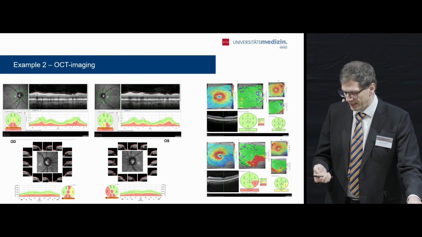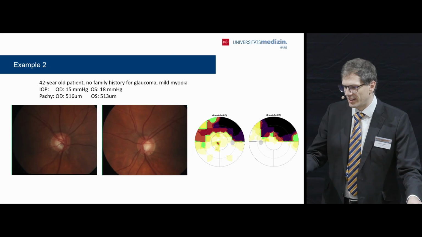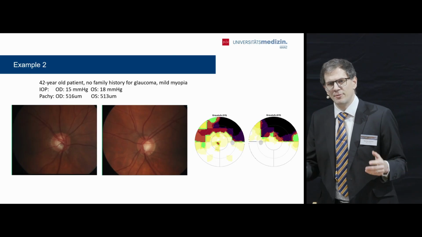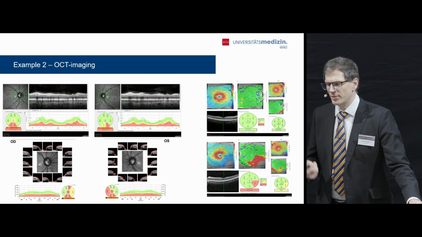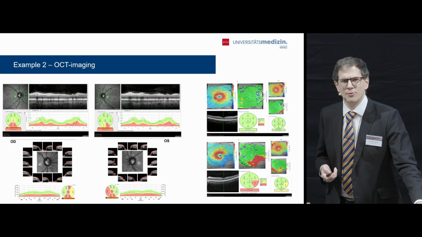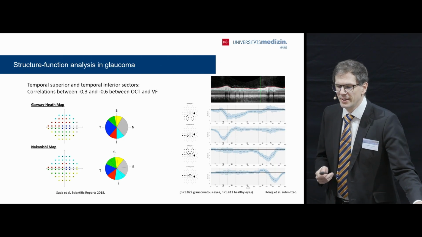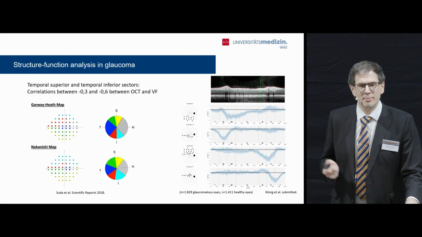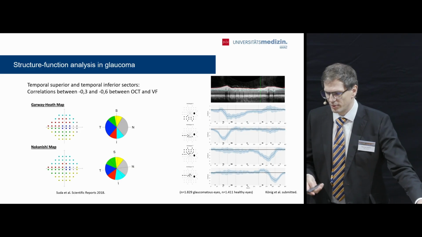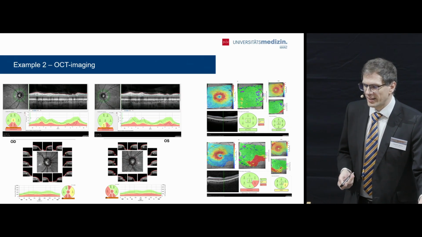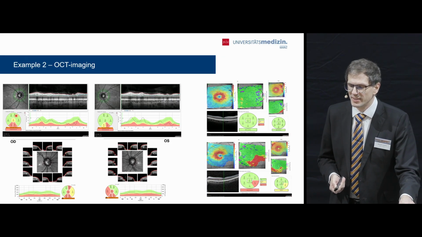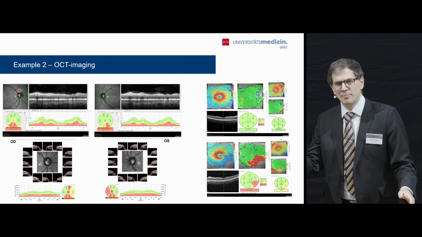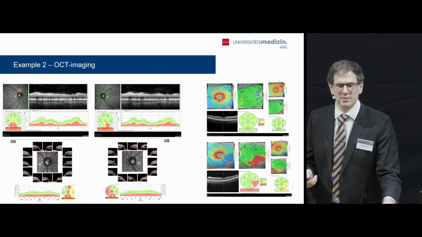Keeping that in mind and thinking that we have quite a large visual field defect with almost no change at the optic disc, but in RNFL thickness, you may discuss what is actually the structure-function relationship with that. And that's where the Garway-Heath map and other maps come into play. If you look again at this picture, you see that it's not really horizontal, but the temporal segments are shifted towards the fovea.